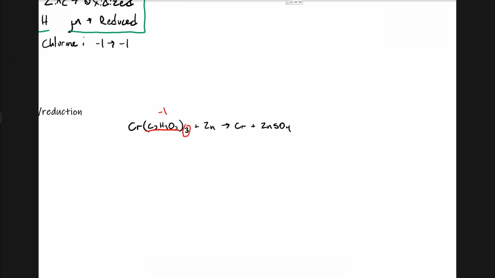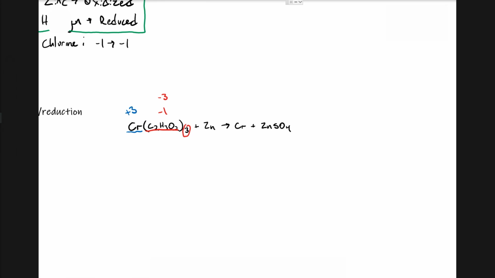Remember, it's an additive effect. If the acetate has an oxidation state of -1 and there's 3 of them, that means that the overall oxidation state of the acetate is -3,